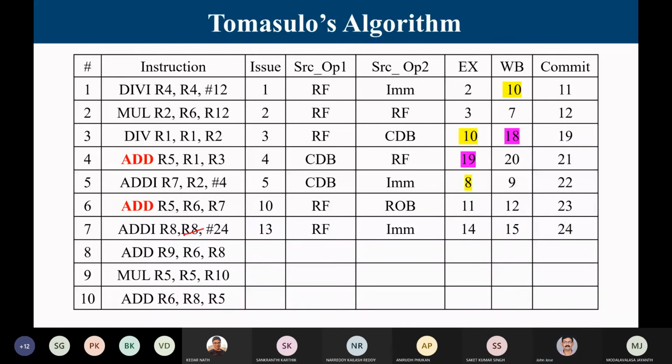Here it is R8. And why is it 13? Because again the same problem. I can have only 2 entries in the reservation station. This is still holding there. So we got a chance to perform this add the moment the earlier add came out of the reservation station. Similarly, this will come out of the reservation station only at 12. That means only at 13 I can push a new entry in. The R8 is in the RF, the second operand is immediate. At 13 I can issue, no dependency. 14 I will execute. 15 I will complete the result and then I will get it.